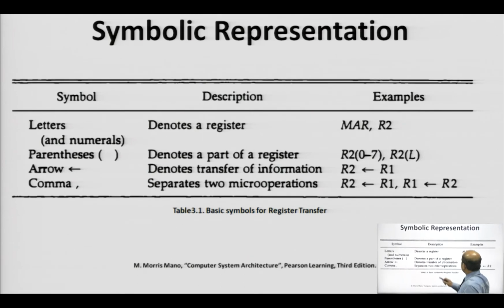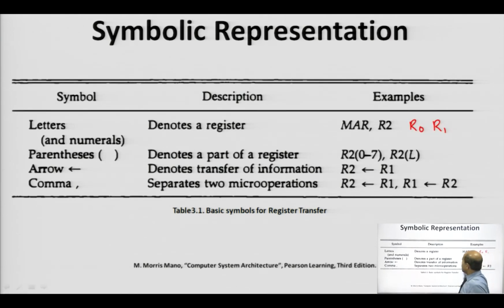So, various symbols can be used to represent register transfer operations. This table shows basic symbols which are used to represent various transformations related to register transfer operations. Letters and numerals are generally used to denote a register. Examples of this category are MAR or R2, R1, R0.